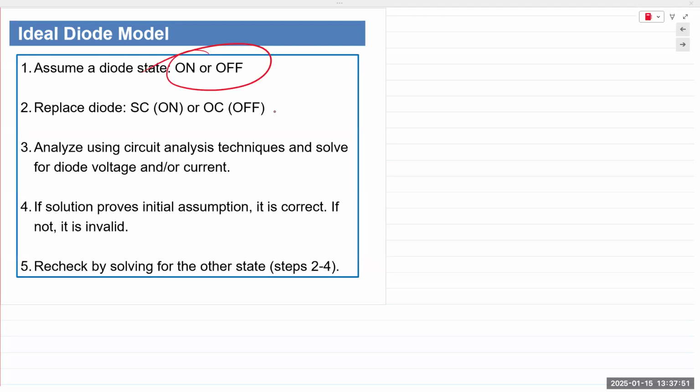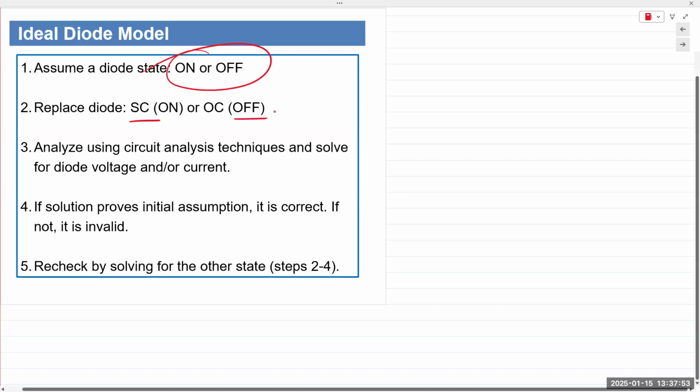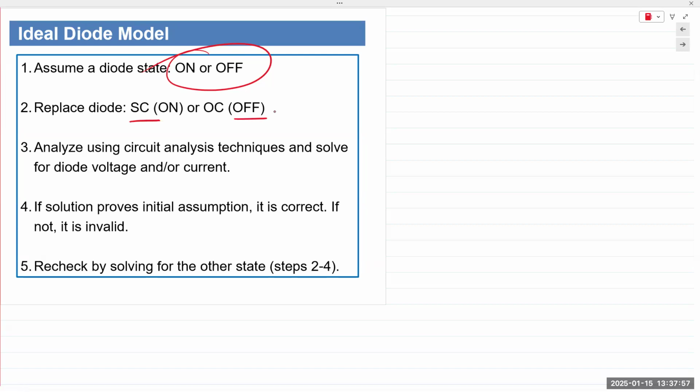We replace the diodes with either a short circuit or an open circuit. Once it is a short circuit or an open circuit, all we are left with in the circuit are a bunch of resistors. They are connected by wires. We can apply any circuit analysis technique we want to determine the unknown voltages and currents at any point in that circuit. And once we are done with that, we look at the solution